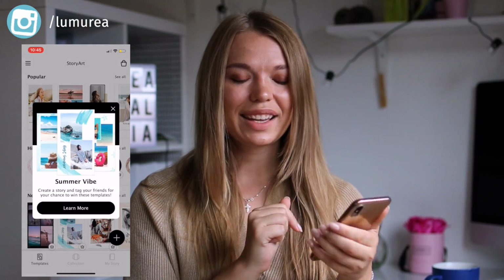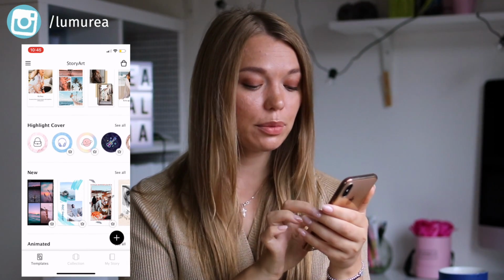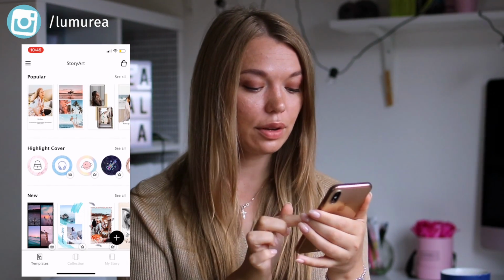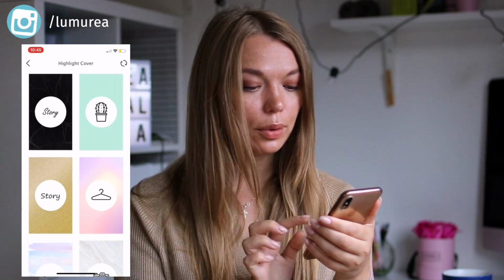So you can see here some highlights cover that are already pre-made. For some you need to pay, some are for free. You can see all of them. For example, I really like this one. It's very simple. We can choose